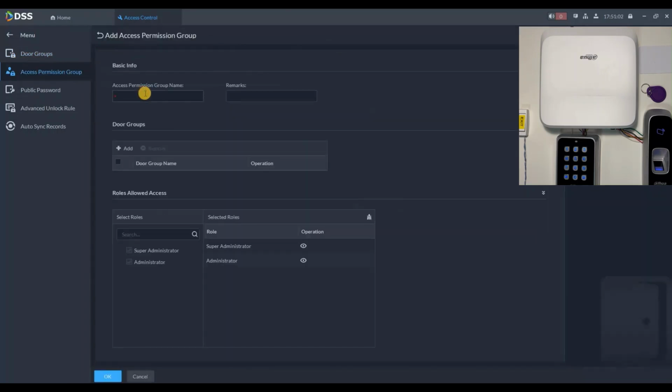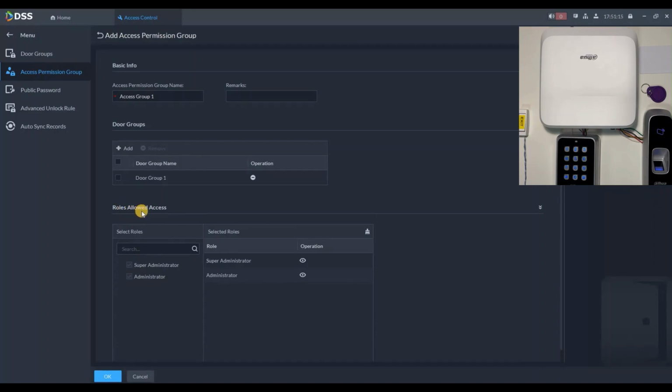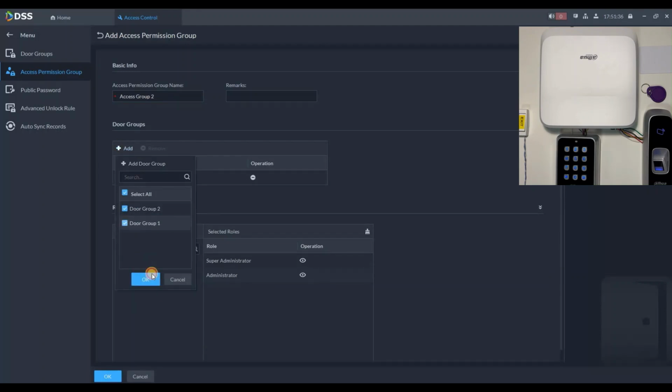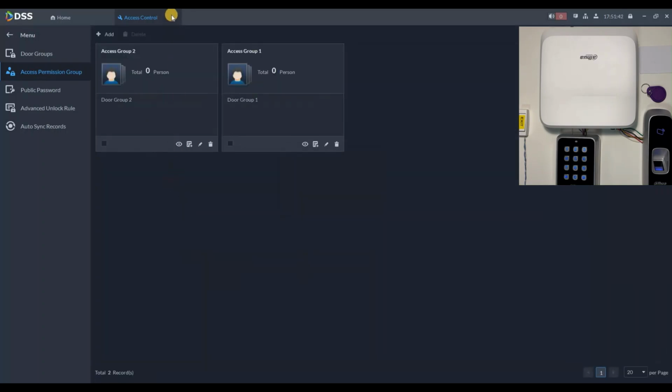access permission group. We set up the group name, access group 1, we choose door group, so door group 1, and we can also set what roles are allowed to access. Now we have only super administrator and administrator, so these two roles can access this group. Now we can add another group, access group 2, and we will add two door groups to this group. We can also choose another group or just one group, click OK, and now we have 0 person in both